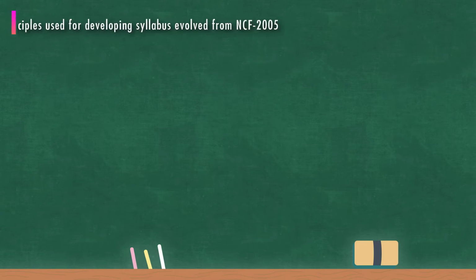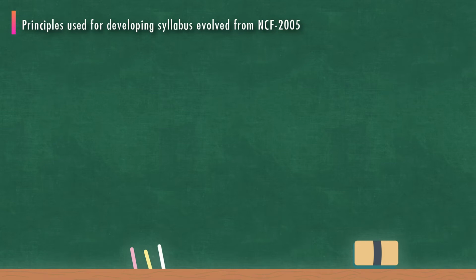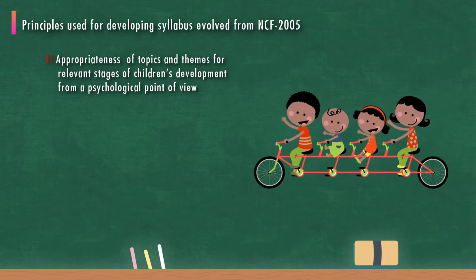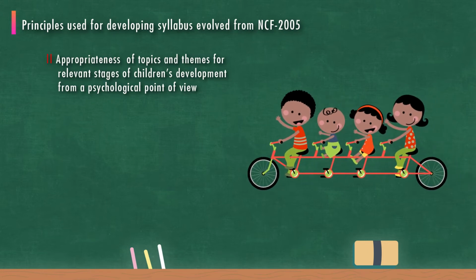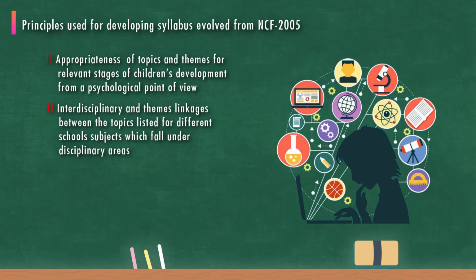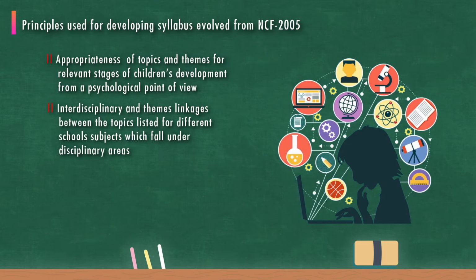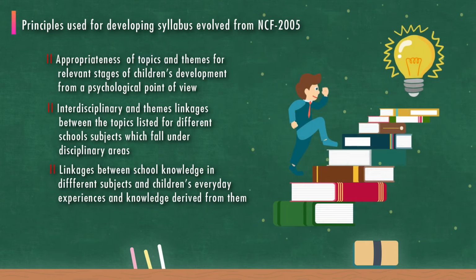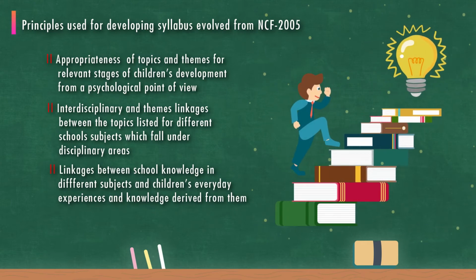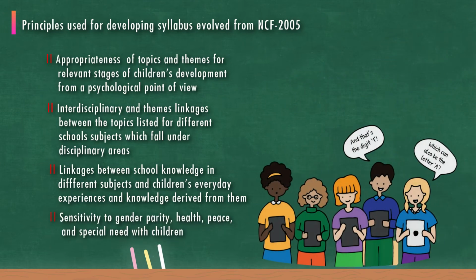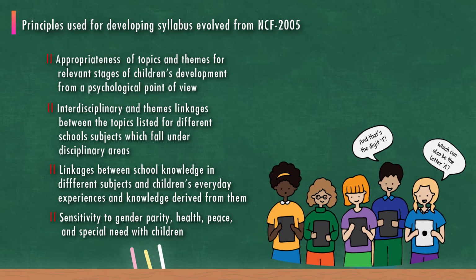Now, some standard principles used for developing a syllabus, evolved from NCF 2005, are: appropriateness of topics and themes for relevant stages of children's development from a psychological point of view; interdisciplinary and thematic linkages between the topics listed for different school subjects which fall under disciplinary areas; linkages between school knowledge in different subjects and children's everyday experiences and knowledge derived from them; sensitivity to gender parity, health, peace and